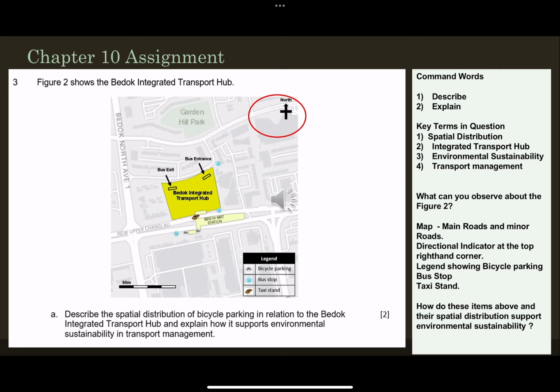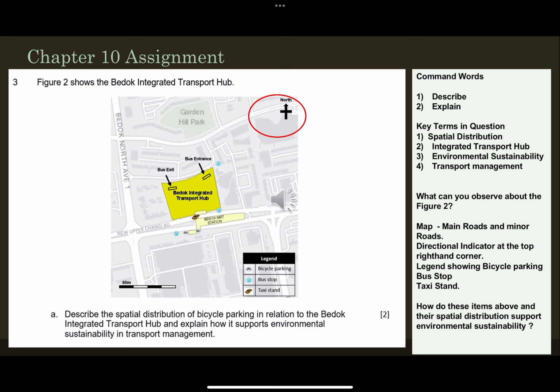Please take note that the question specifically talks about Bedok Integrated Transport Hub. So you will have to use the directional indicator, which I've circled in red, to describe the direction